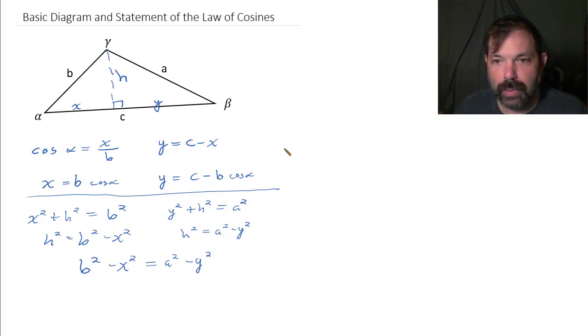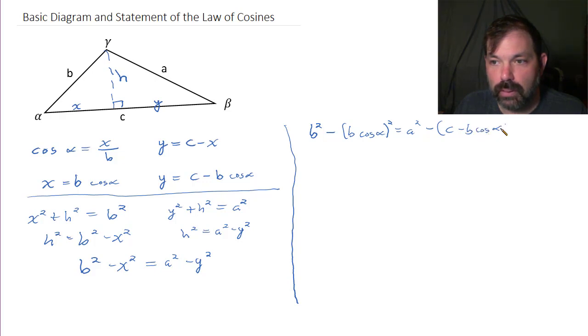Okay, let's use that and make some substitutions. Let's replace x with b cosine alpha, and y with c minus b cosine alpha. Then b squared minus, instead of x, b cosine alpha, squared, must equal a squared minus, instead of y squared, c minus b cosine alpha, squared. Alright, let's see what we have now. Let's simplify this. I have b squared minus b squared cosine squared alpha